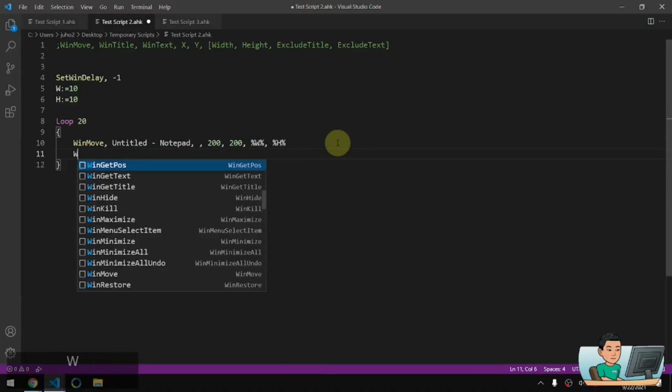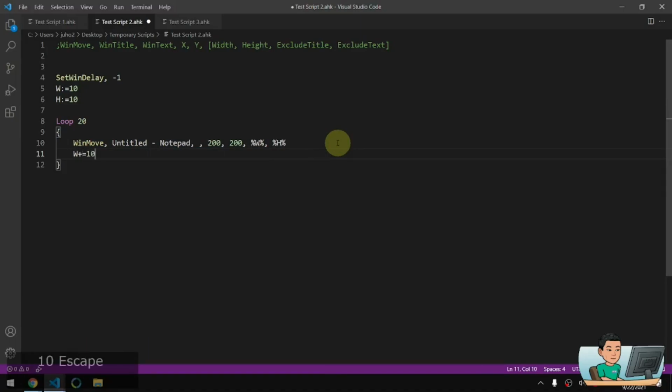And within each iteration of the loop, I'm going to increase the size of the window by